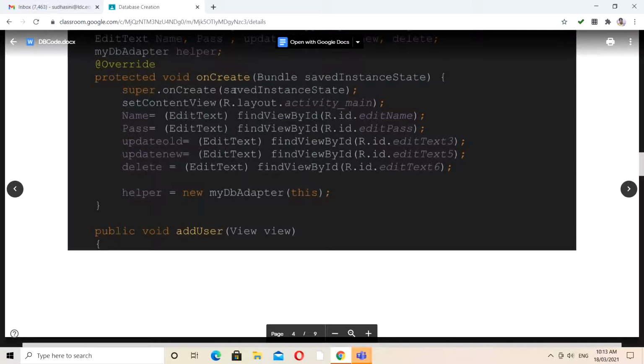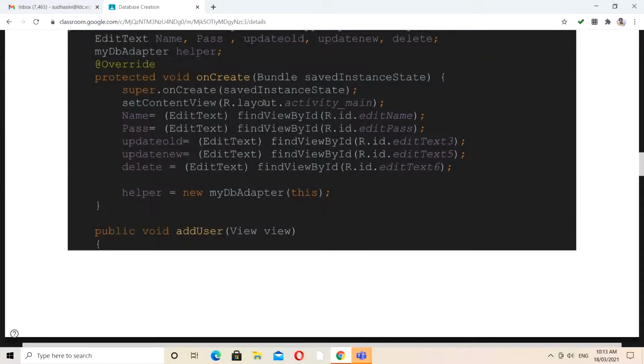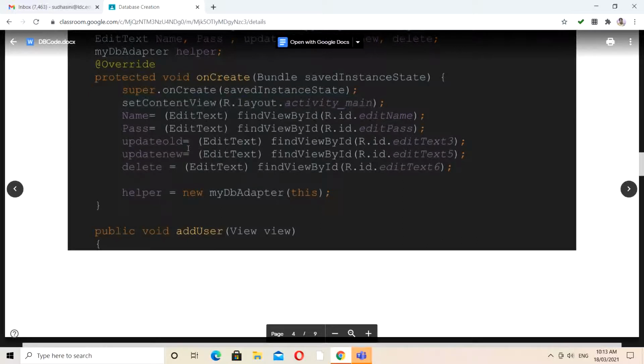Whenever you are doing any kind of operations, your instances will be saved. That's why they have this constructor like this. And then setContentView(R.layout.activity_main) means your entire environment will be stored within your activity main. Activity main consists of all the information in XML format. This R is nothing but a resource, so your entire resource will be controlled here.